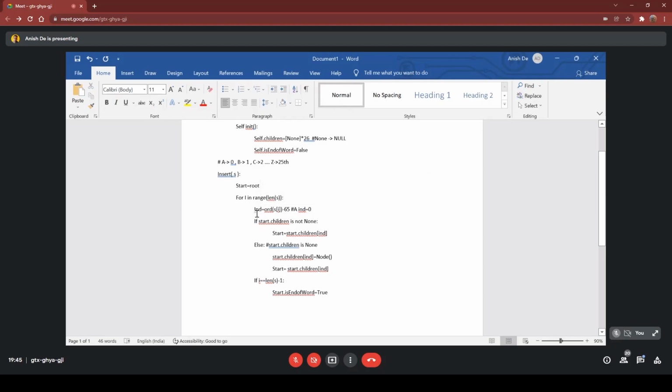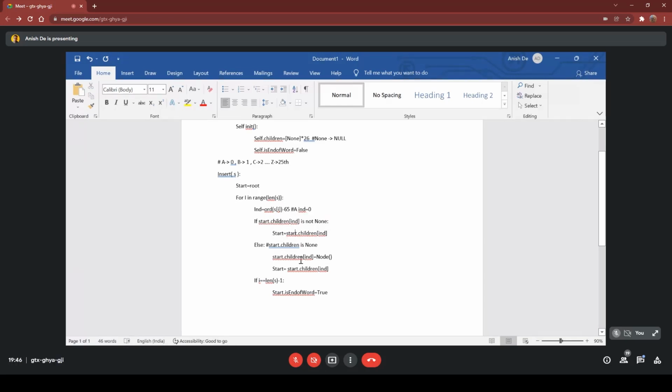After finding the index, we check whether the current node we are in, start, has a child at that index ind. If it has, we simply go to that child and iterate through. So if that child is not empty or null, we update start to that child.